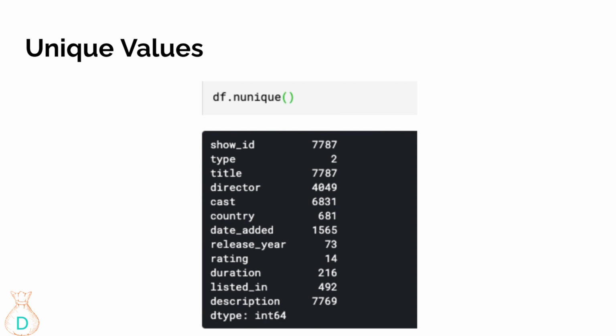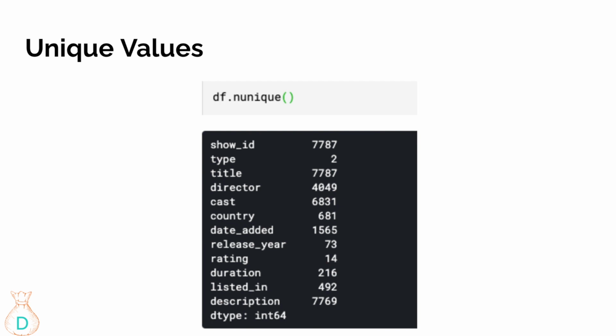You can do the same thing in Python with df.nunique(), where df is your data frame. That tells you, for each column, the number of unique values for the